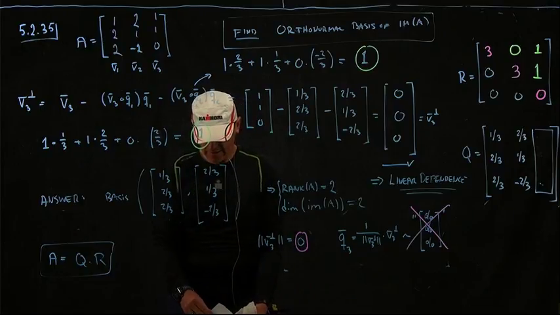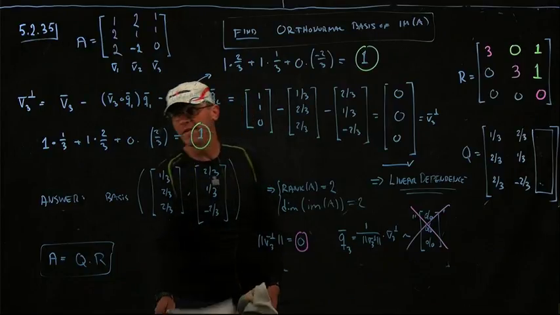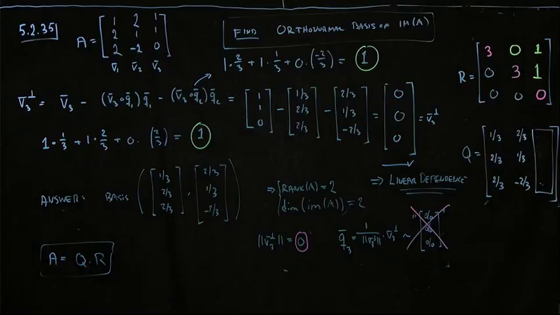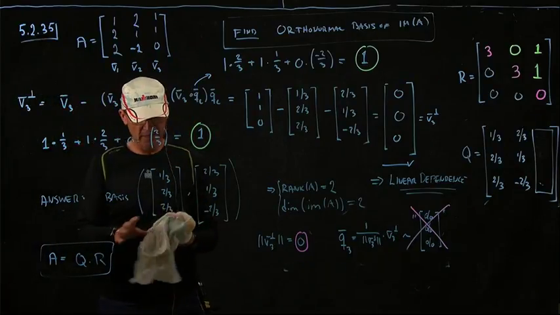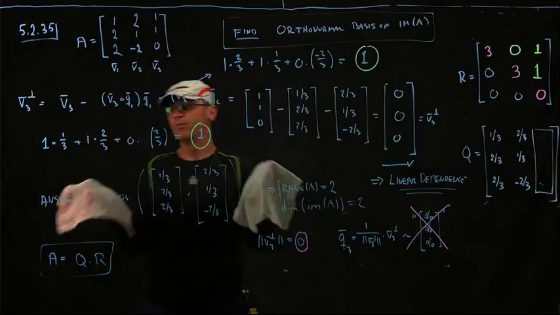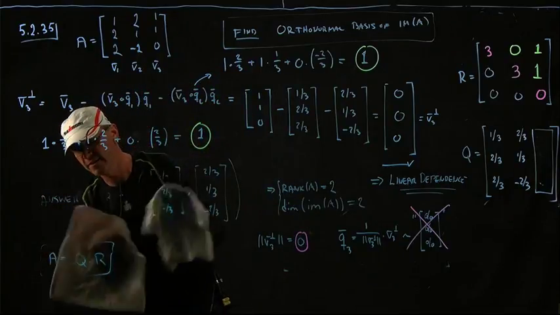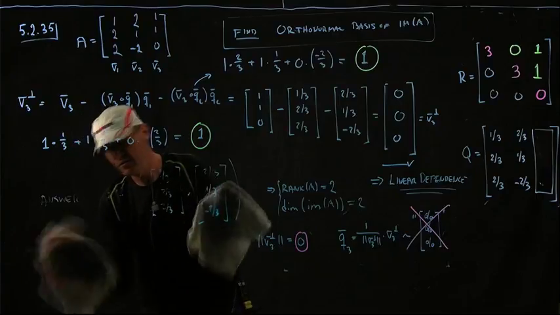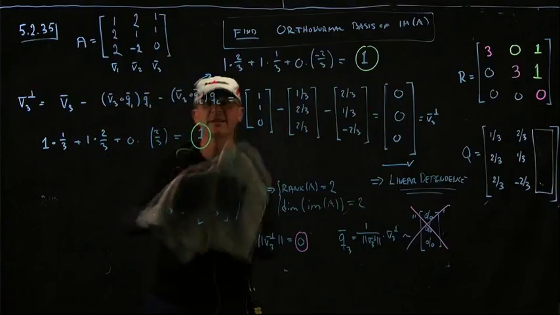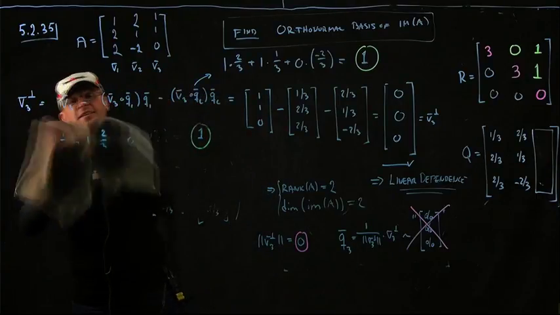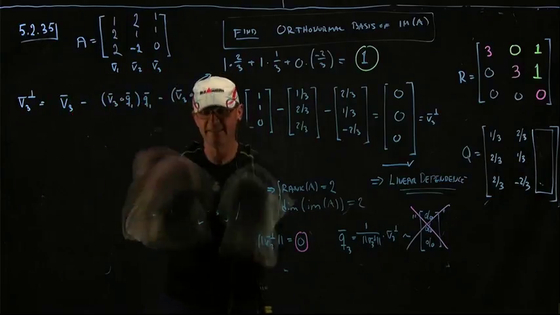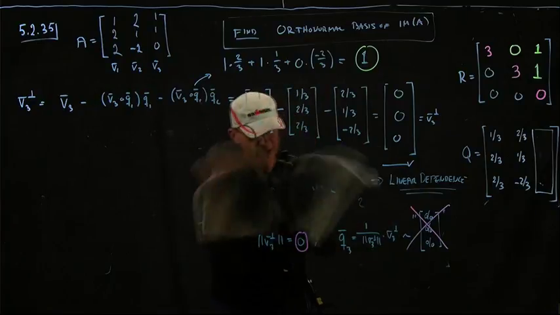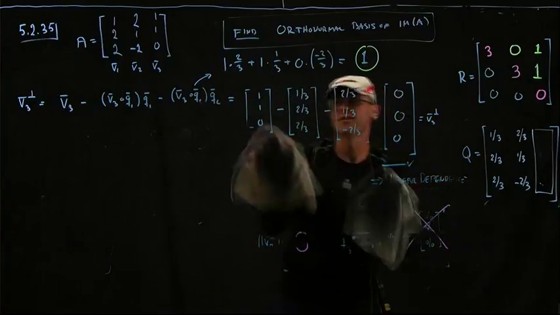Okay. So the next problem is 5.239. We're spending a lot of time in 5.2. It's like our favorite section in the book, it seems like. Is it a dream or is it a nightmare? I don't know. But hopefully it all makes sense once we've seen a lot of problems here.